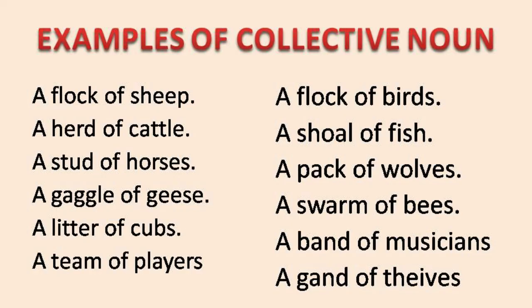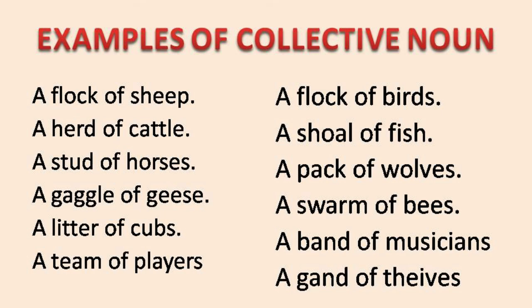Now we'll see a few examples, and they'll be on your screen now. First one, a flock of sheep. So flock means so many sheep come together, and we call it with a word called flock. A herd of cattle. So many buffaloes or many cows, like a herd is coming, right? There is a herd over there. And if you want to talk about horses, a stud of horses, a gaggle of geese, a litter of cubs, a team of players, a flock of birds, a shoal of fish, a pack of wolves, a swarm of bees, a band of musicians, a gang of thieves,